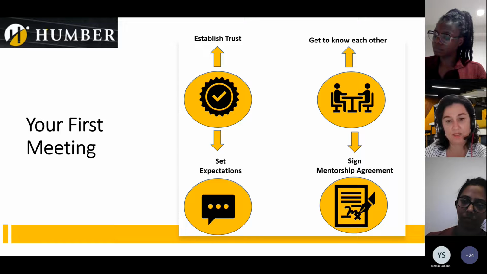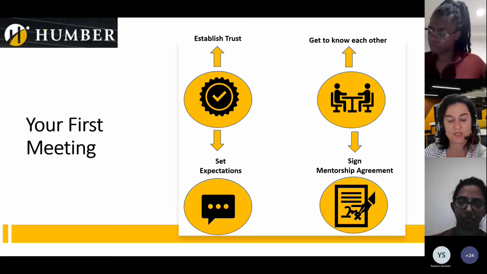And both mentors and mentees should define their roles and expectations of one another. These expectations can be set through a mentorship agreement where both parties agree and sign on these expectations. And in your mentee package that later on I'm going to share with you, you are going to be receiving a mentorship agreement template that you can use to set these expectations with your mentor. These must always be decided beforehand and ideally in the first meeting.